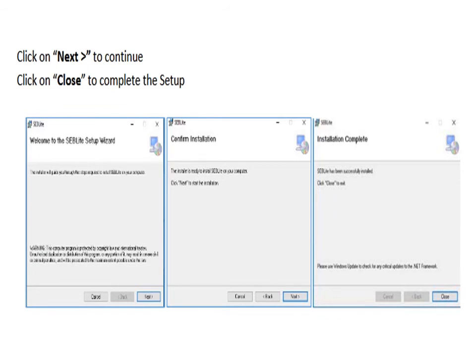You have to click on next, and in the last one you will see close. You have to click the close. So click on next to continue, and in the last click on close. You can see the first pop-up says welcome to SEB Lite Setup Wizard. Second says confirm installation. In these you have to click next and next, because this is something that all of us normally do when you download any software. When you install it, this is a normal process, so it's like an ongoing continuation. So you have to click next, and in the last, when it says installation complete, you have to click on the button which says close. So it's very simple, next and close.